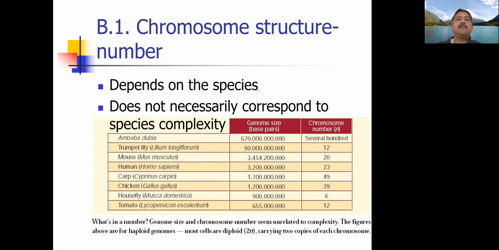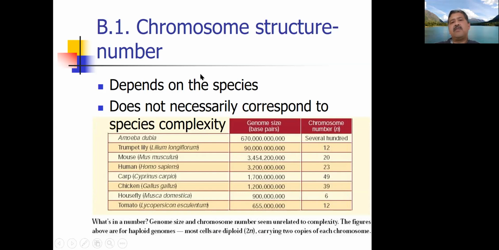Now, as far as chromosome structure goes, the chromosome structure depends on the species. You and I have 23 pairs of chromosomes. That means we have 46 chromosomes in each of our 38 trillion cells, with the exception of those few sex cells, those sperm and those eggs. We're going to take a look at that when we study a similar process called meiosis. So in mitosis,